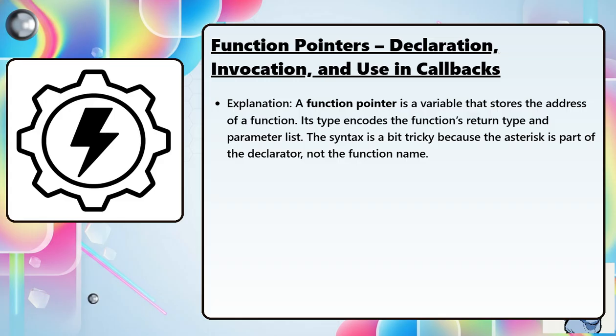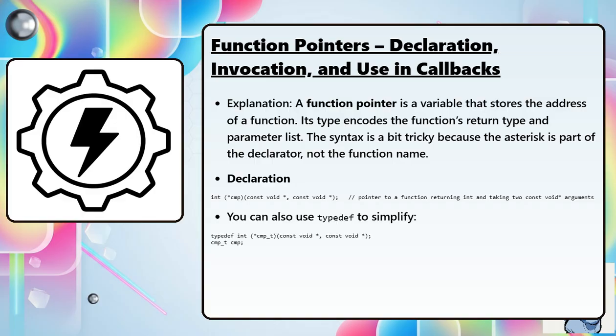Explanation: a function pointer is a variable that stores the address of a function. Its type encodes the function's return type and parameter list. The syntax is a bit tricky because the asterisk is part of the declarator, not the function name. Declaration: int (*cmp)(const void *, const void *); // pointer to a function returning int and taking two const void * arguments. You can also use typedef to simplify. typedef int (*cmp_t)(const void *, const void *); cmp_t cmp;